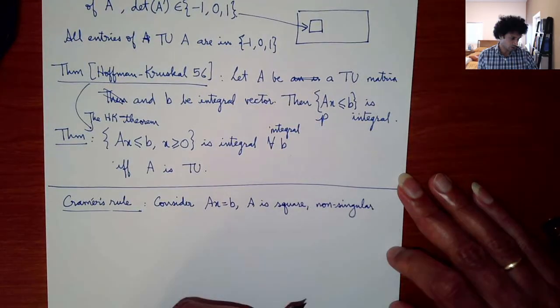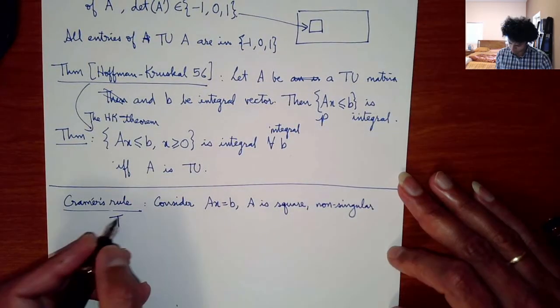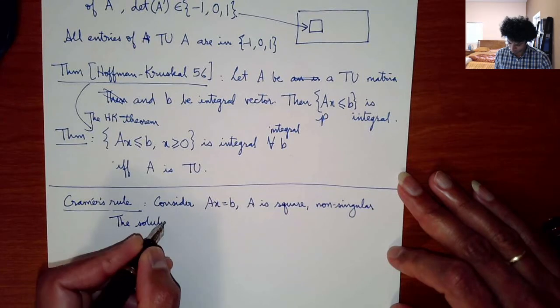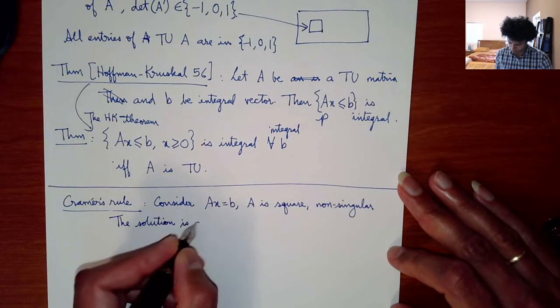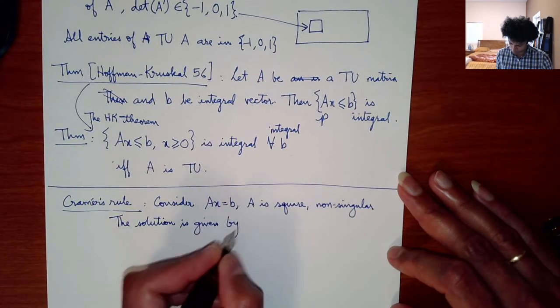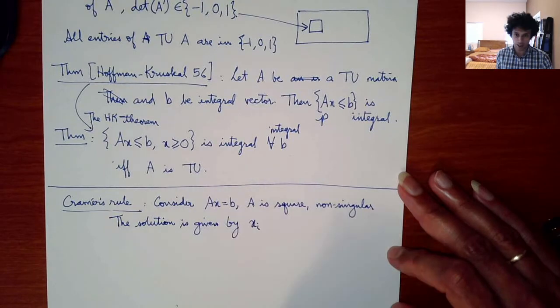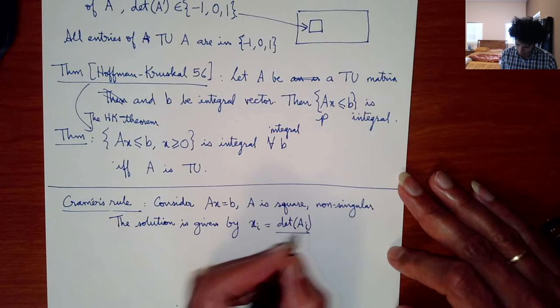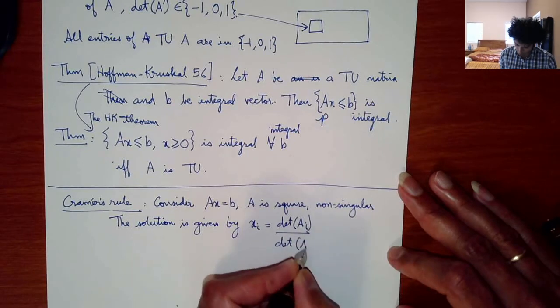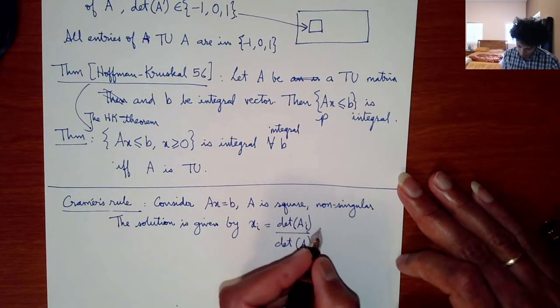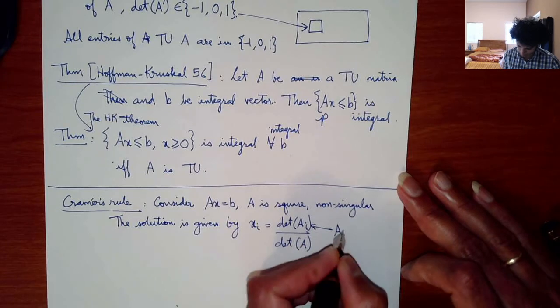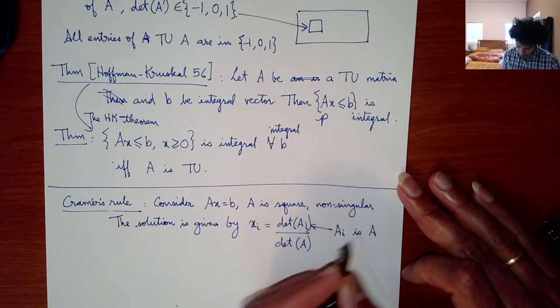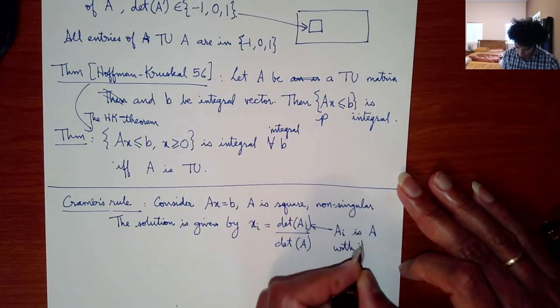Then the solution is given by x_i equal to the determinant of A_i divided by the determinant of A, where A_i is A with the ith column